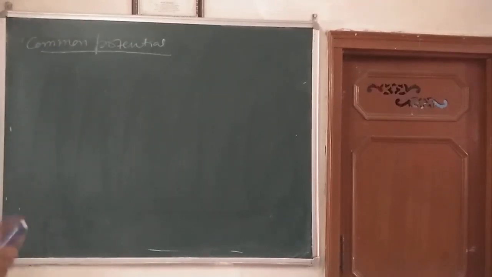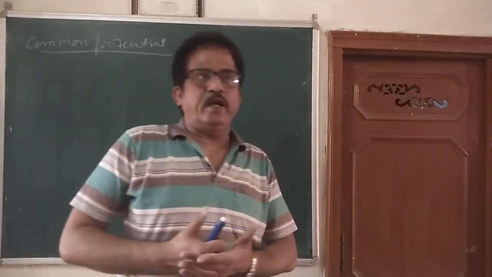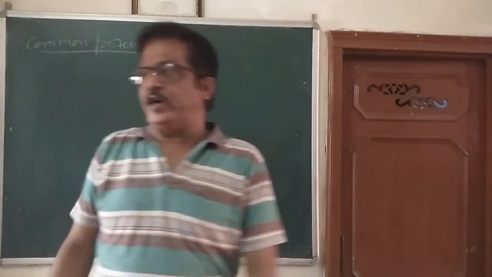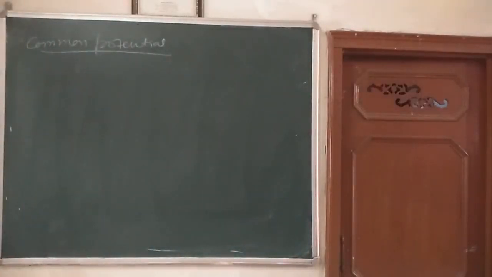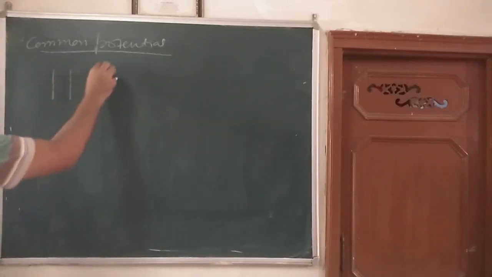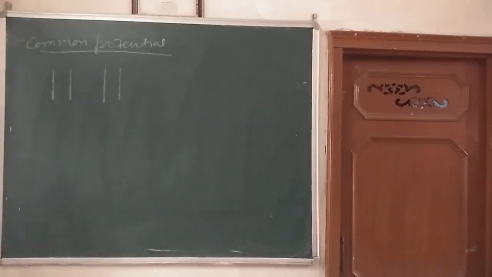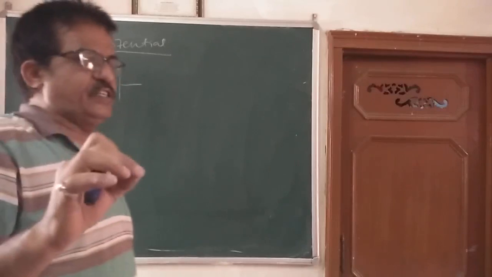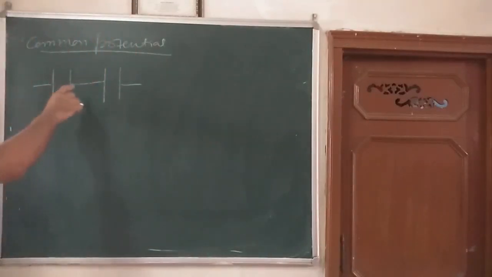Dear children, see one more thing. Again I am taking an important article, that is what is common potential, when you take two capacitors. Suppose here is a capacitor, one capacitor and another capacitor here, like this. When the two capacitors are charged to different potentials, इनको आप different potential तक charge कीजिए and they are connected by a conducting wire, then आप इसको connect कर दीजिए. Suppose this is the two capacitors, you are going to charge it, then connected by a conductor.